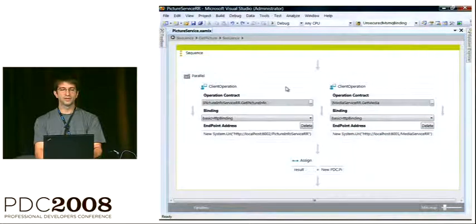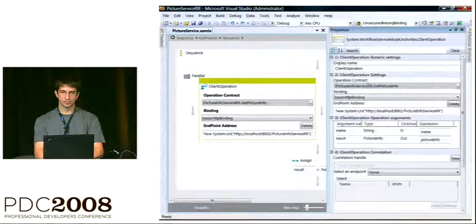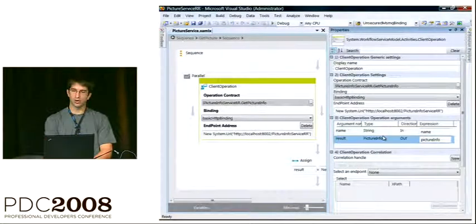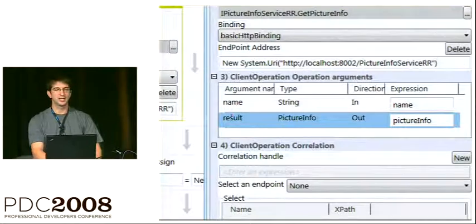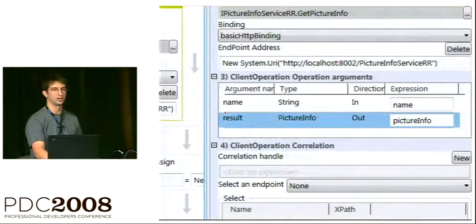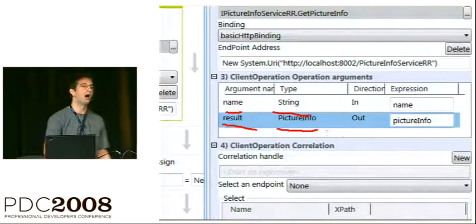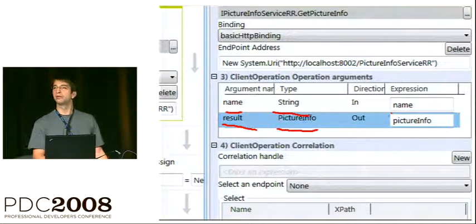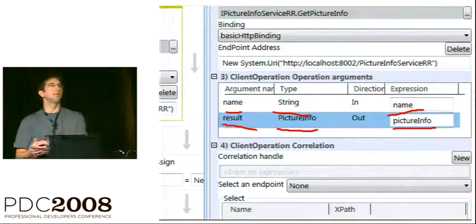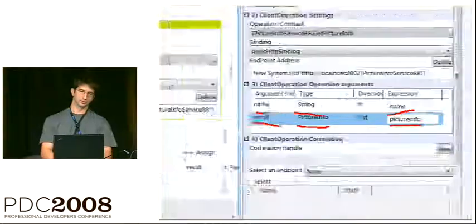So let's look at how one of these things is configured. If we look at the call to get picture info, you can see that the arguments for this client operation are a name going in, of type string, and the result that we're going to get is this picture info object. What I've done is I've bound the name from the service operation, and I've declared a variable named picture info where I'm going to put the result of this call.